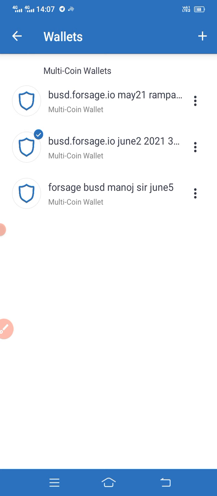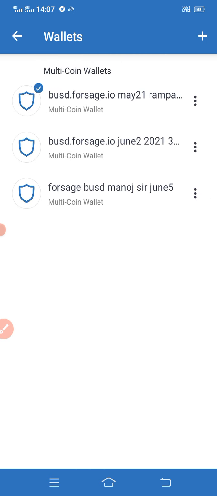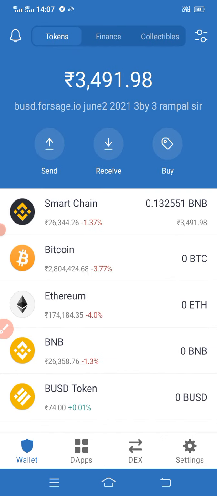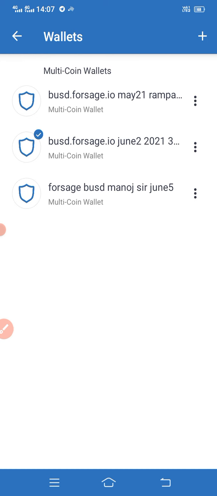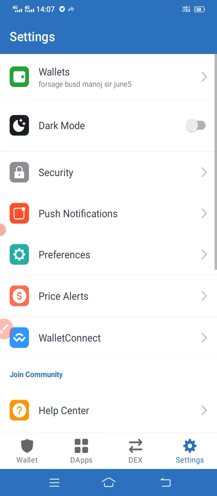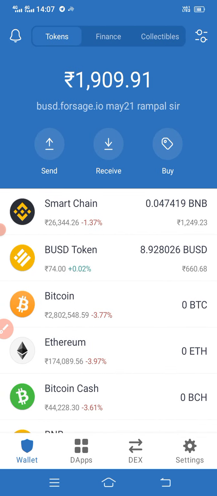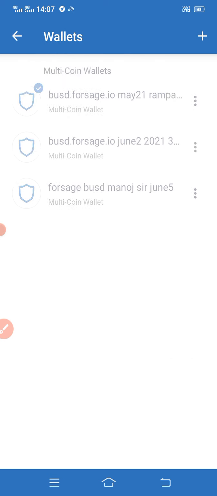I have 3 wallets on BUSD. Wallet 1, you can create wallets. Wallet 2, wallet 3. All 3 wallets I have. So the wallet I have received in is wallet 2.